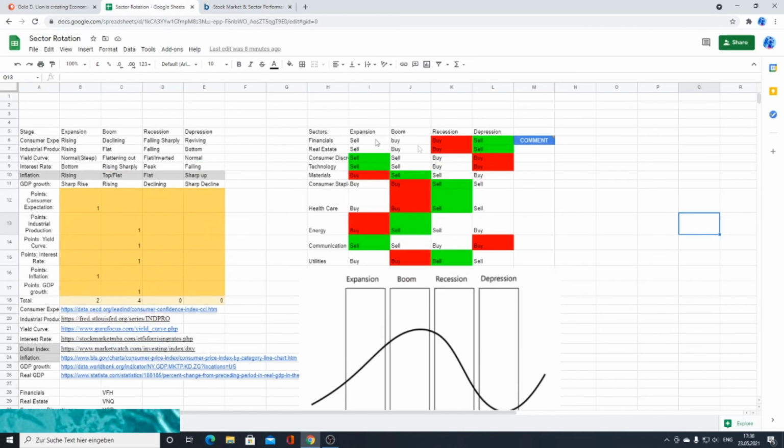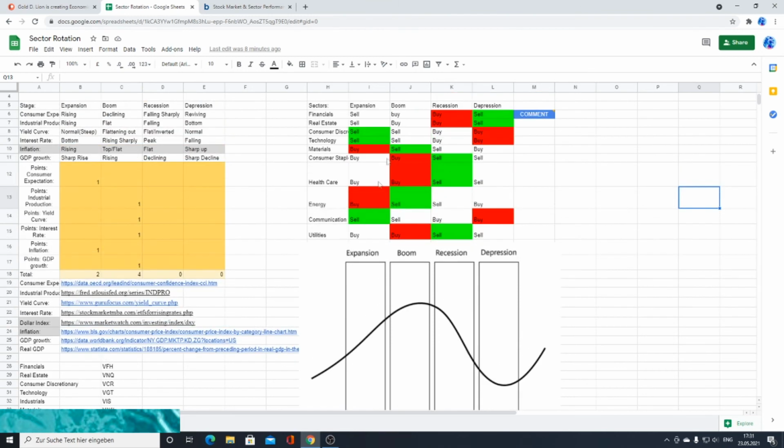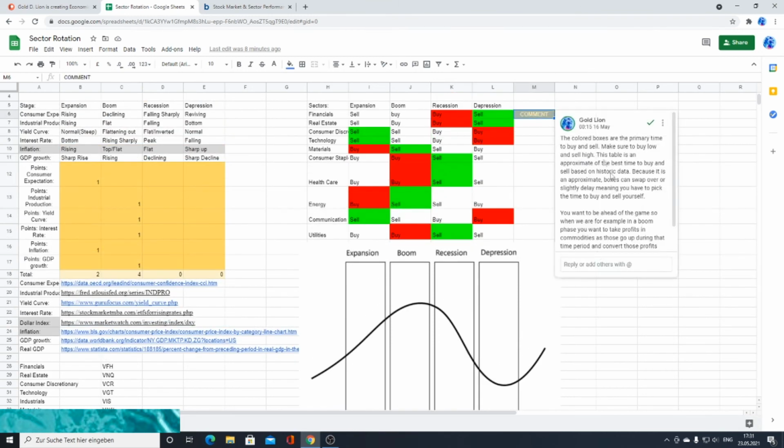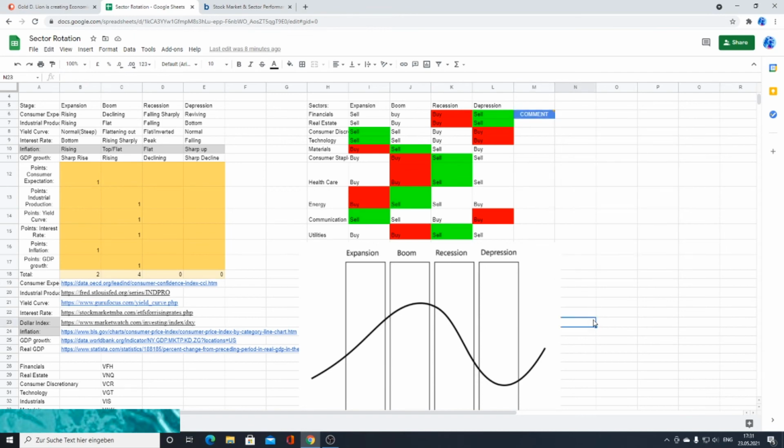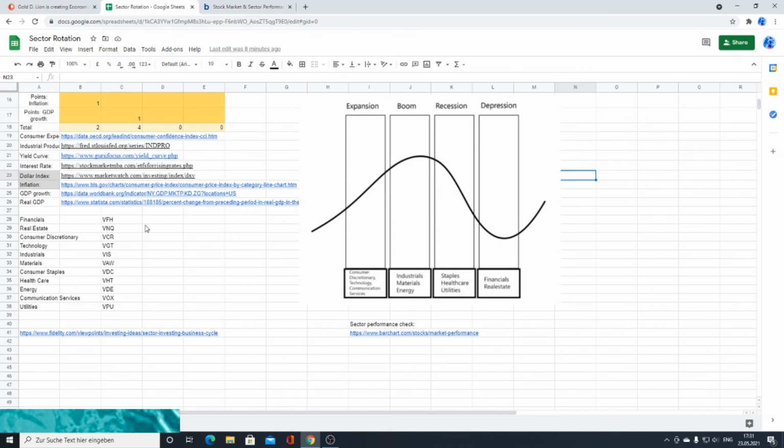So this is kind of like what you do beforehand, before we enter the phase of the economy. So you want to be ahead of the game, basically. That's the whole point. And here I left a little comment explaining that again. And down here on my indicator, so for sector rotation,